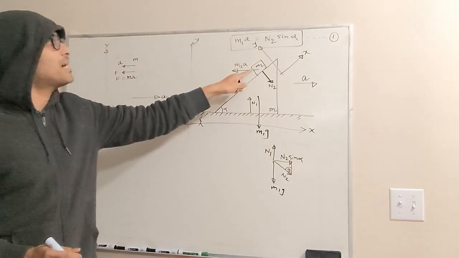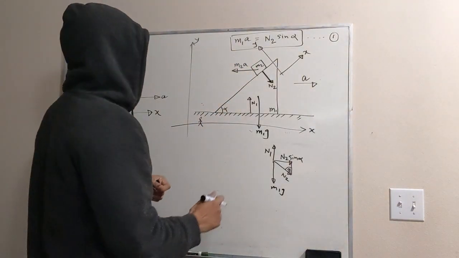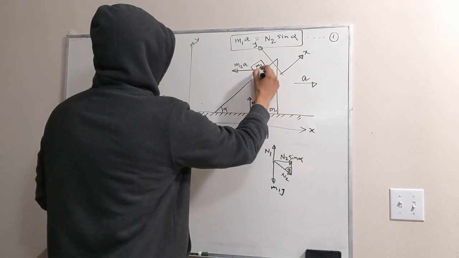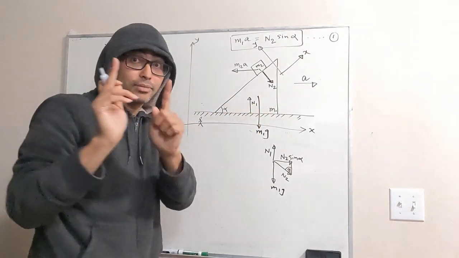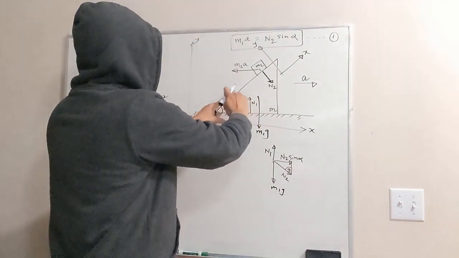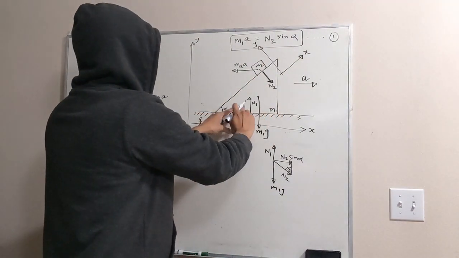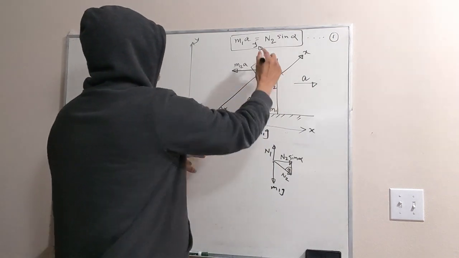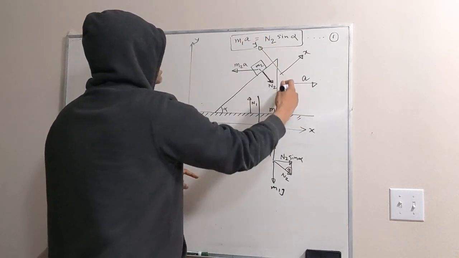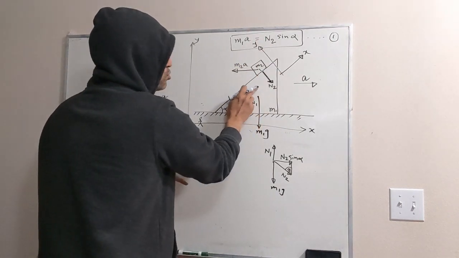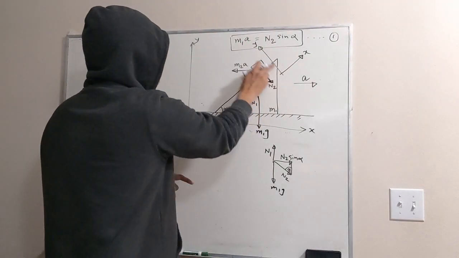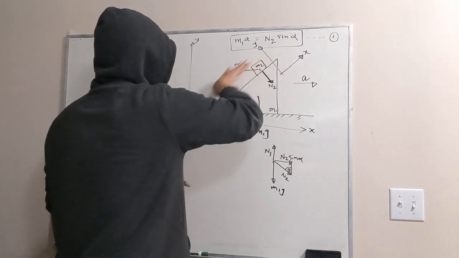Now see, what are the forces acting on M2? On M2, there are three forces acting. One force is obviously this fictitious force. Now keep in mind, we are analyzing from the perspective of this reference frame, this object. And from this reference frame's perspective, there is no motion in y direction. Motion is only in the x direction, from the reference frame attached to this mass M1. And my y direction is this direction and x direction is this direction.